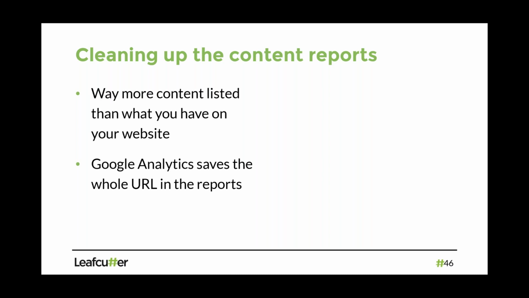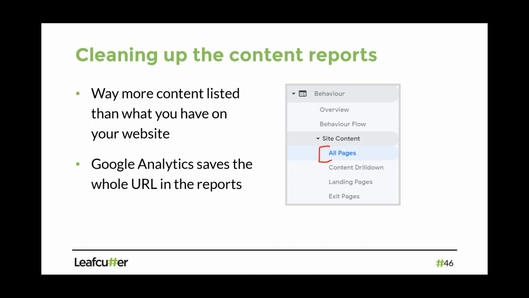One thing to look out for is, do we have way more content in our reports than is actually on our website? So if you go into your all pages report, look at a couple of months, then scroll down to the bottom and there's 1 to 10 of however many rows of information. You're like, 606 rows, we've only got 40 pages on our website. That's a case of, okay, there's duplication going on in the reports. There's weird stuff going on, and it can make it harder to analyze which content people are looking at or what's going on.